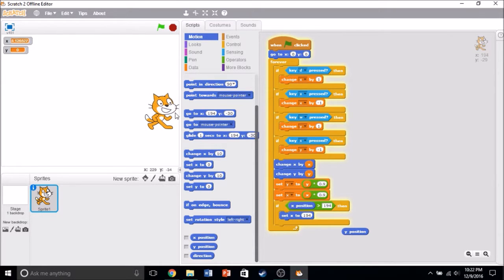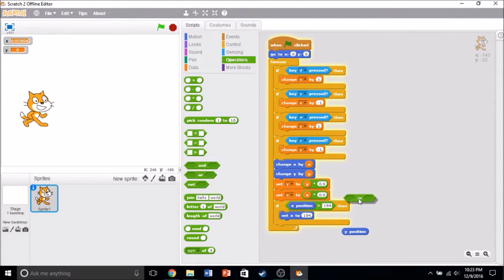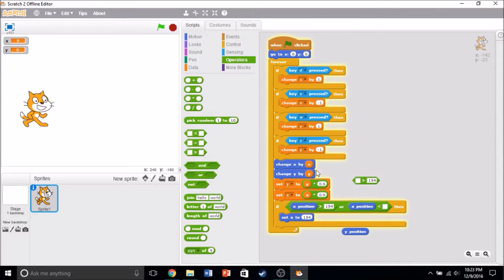And so now, whenever we run against this wall, we're not going to go any farther. And I like how Scratch does this, so it's nice and solid. It's not moving back and forth really quickly. So we can do this on the other side. We can just get ourselves an OR. So it's like saying if x position is greater than 194, or if x position is less than,